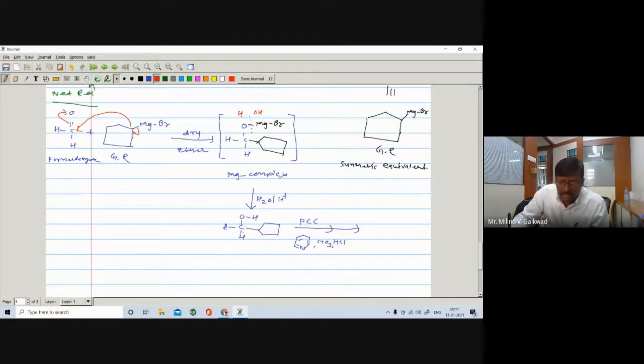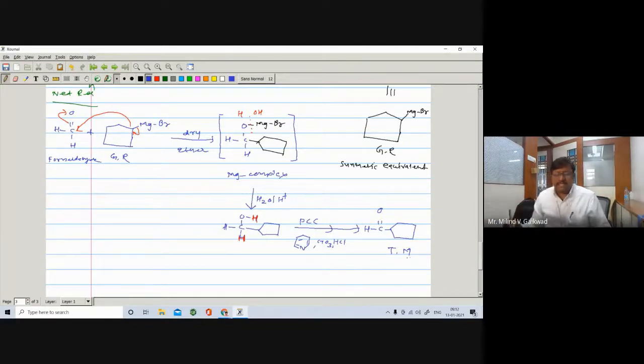So the H from this, and H from this, there is removal of hydrogen, and there is a formation of the corresponding aldehyde. So you are getting H, C double bond O, and here is also such type of compound. So it is your TM, target molecule, right? Or you can say R. We can take R methyl, ethyl, benzene, or we can increase the size of the ring, and you can get